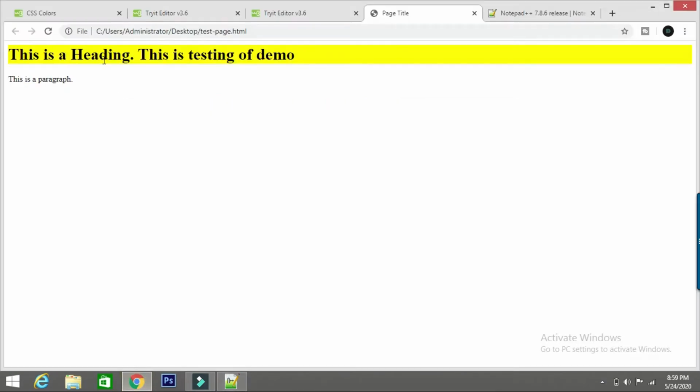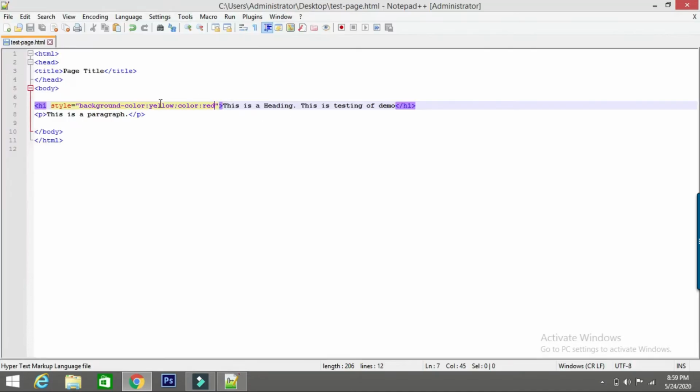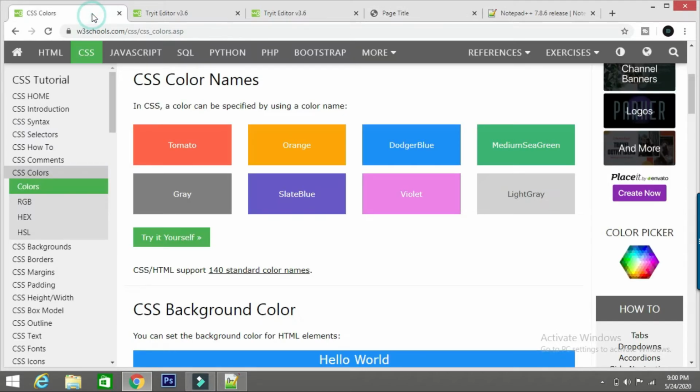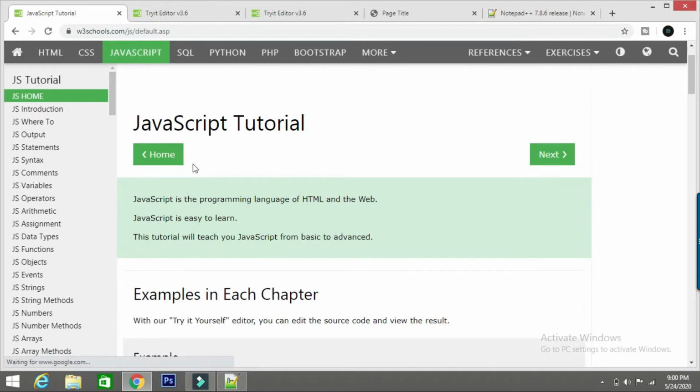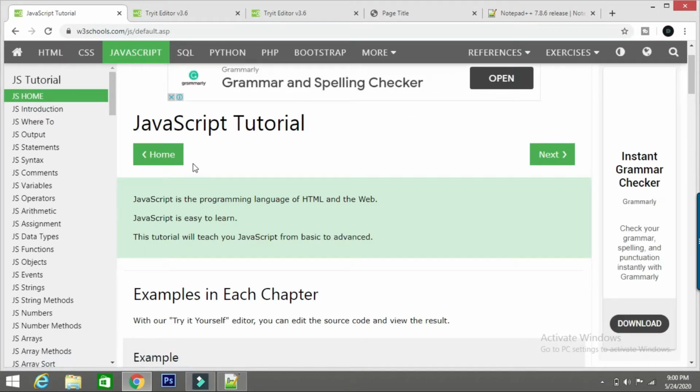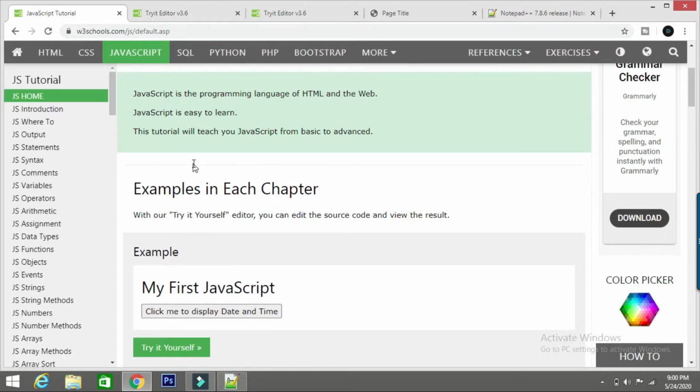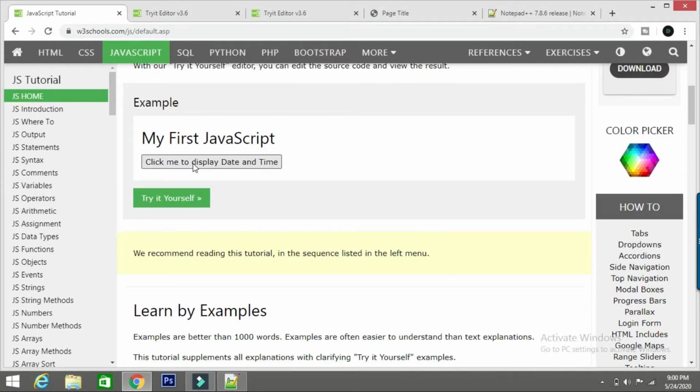See, now this color black, this is a heading, this is testing of demo. So this will become red and the background will become yellow. See, the changes are coming. So this is how you can start your website development. You can just start and you can just go to another one, JavaScript. JavaScript is basically it gives dynamics to your whole